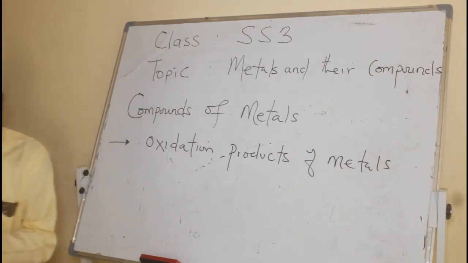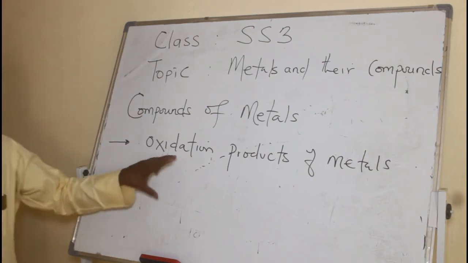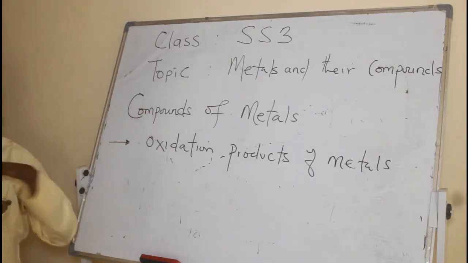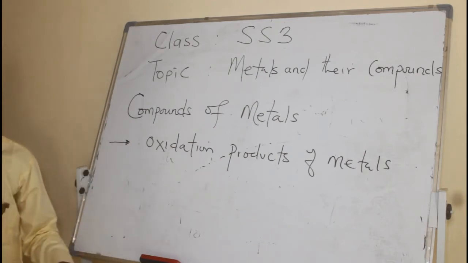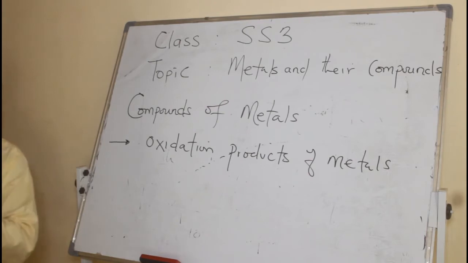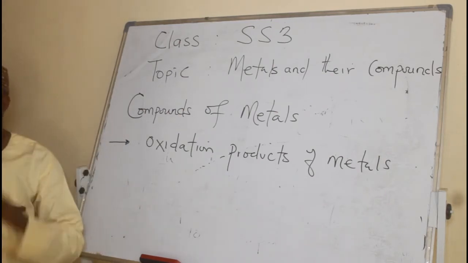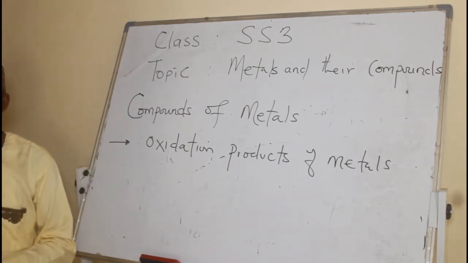Because if you remember your SS1, or I may call it SS2 chemistry, you remember oxidation. Oxidation is defined as the release or loss of electrons by an atom. Are you following? So oxidation product, because metals readily donate electrons away to become positively charged. That's why most of their reactions with non-metals are oxidation products, meaning they are compounds formed as a result of oxidation of the metals.